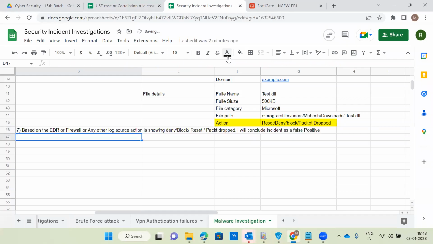After doing the false positive analysis, what will you do now? Okay, the analysis is complete, the investigation is complete. Later, what will you do? We'll write the summary. What evidence will you put in this scenario? Screenshot of EDR blocked. Exactly, that's correct. Screenshot of EDR blocked or firewall blocked. That's perfect. So I will attach the evidence